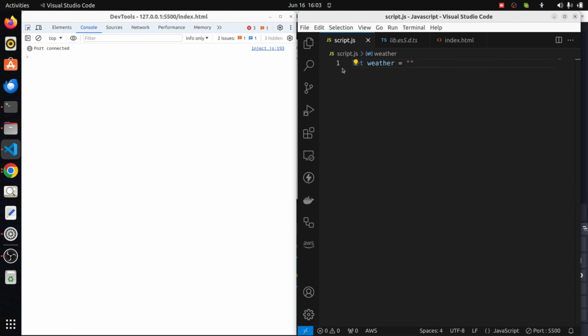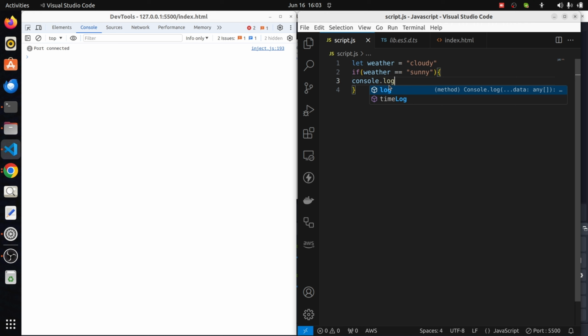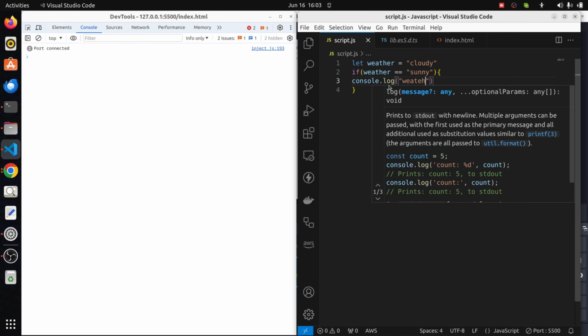Weather equal to, let's give it cloudy. If weather is equal to sunny, right? Again, when you are trying to use equal to, you don't just use if weather with one equal to, no, you use two, right? If weather is equal to sunny, you can say console.log weather is sunny,